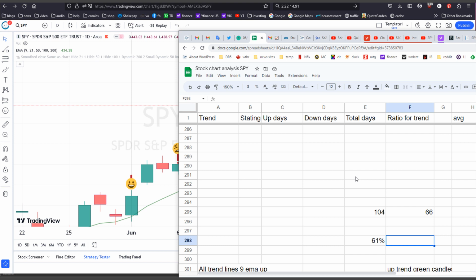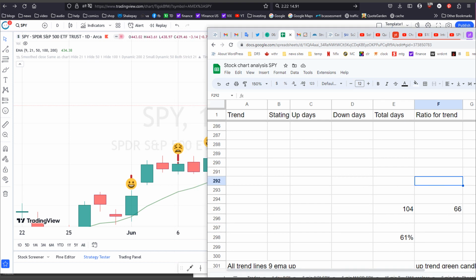Obviously, because for one thing, I've only looked at this for the past 3 years. So if we were to take this back to 20 or 30 years, this may get closer to 50%. And of course, 6 out of 10, that's pretty okay odds, but it's not as good as a 70 or 75% chance that you could get if you were looking for some other patterns. However, because this is something new that I did not know before, I'm going to try to incorporate this into